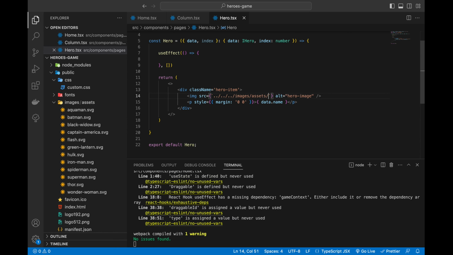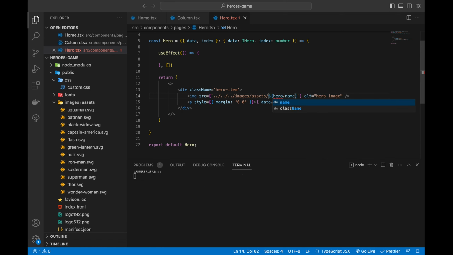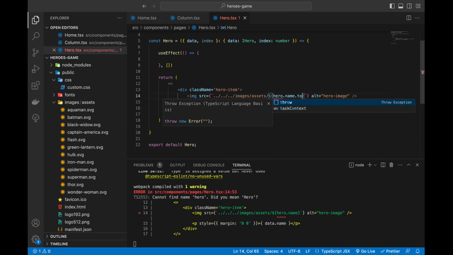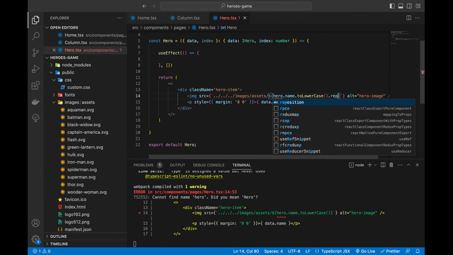Then we're going to do in assets, then we're going to do hero dot name dot to lowercase. So you can see all of the names of the images are in lower case. All right, so we're going to do to lowercase,